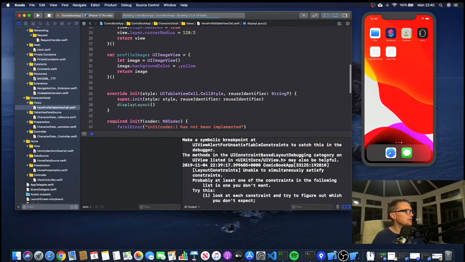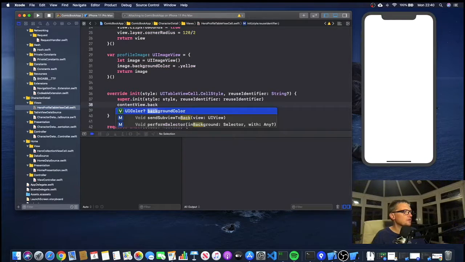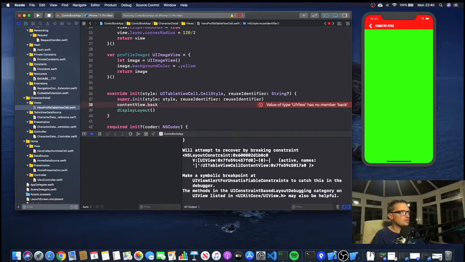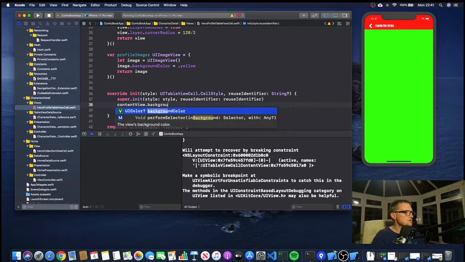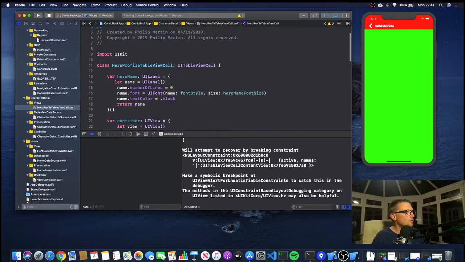And also we need to set the color of the content view background color equals .clear. And the reason why we don't see anything is because I forgot to set Tamic